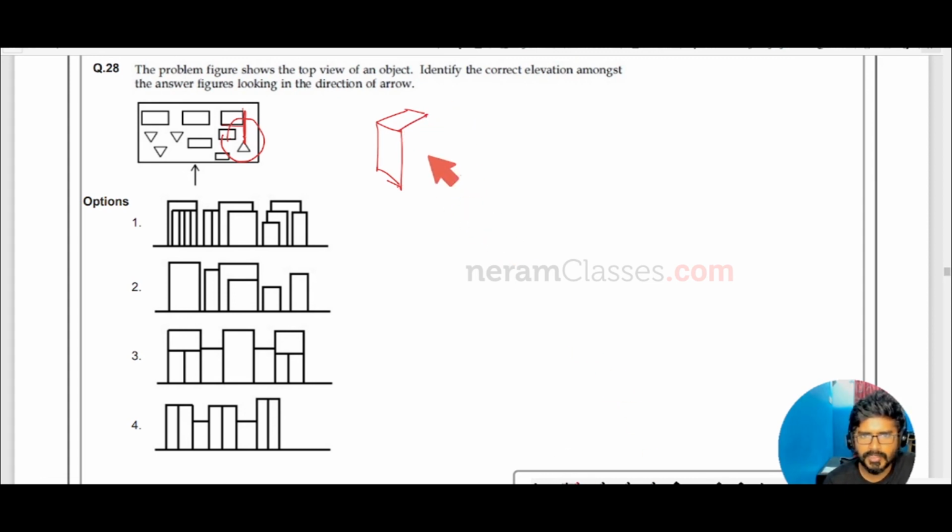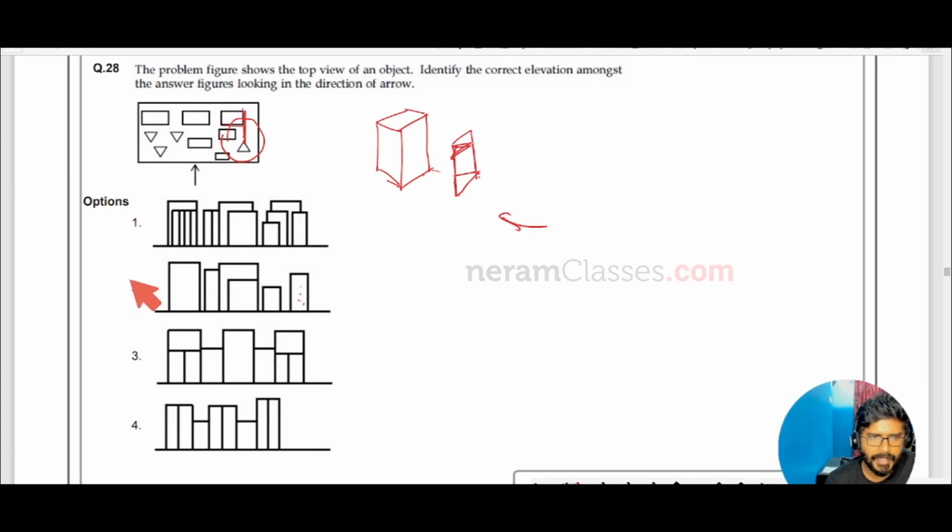So if the cuboid is like this, and this shape will be of this. So this shape will look like this. So if we see this from this direction, we can see that